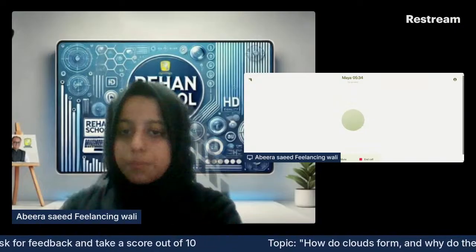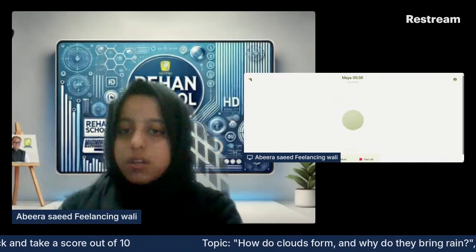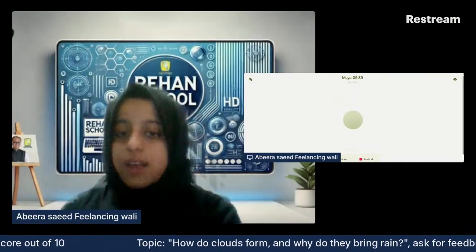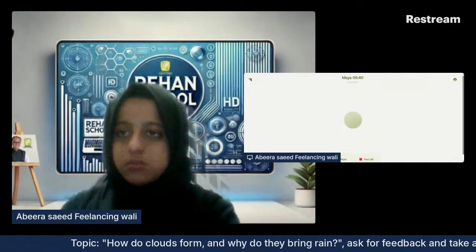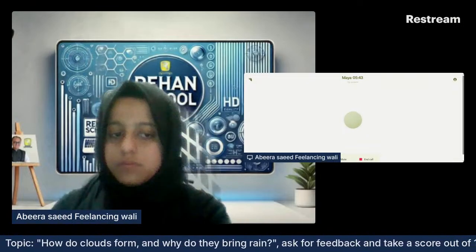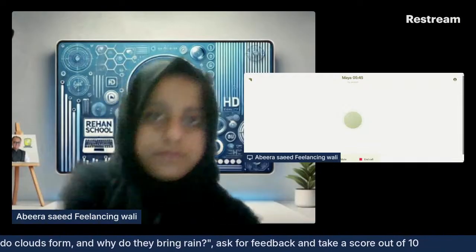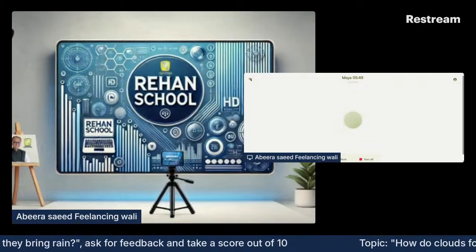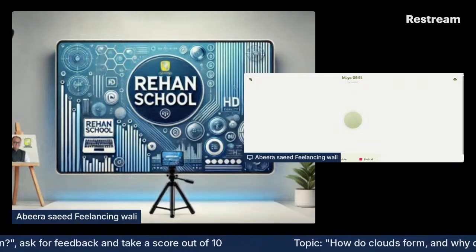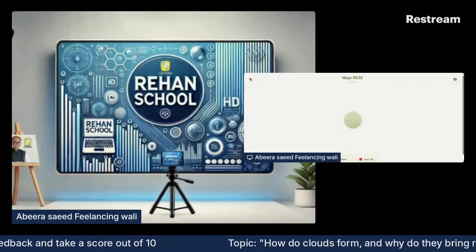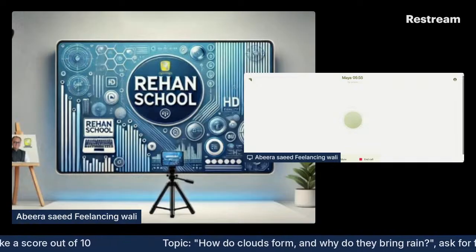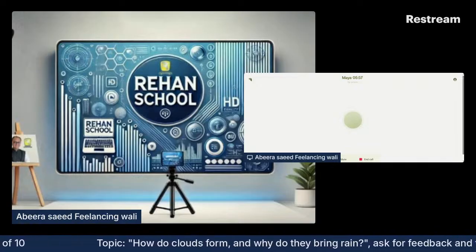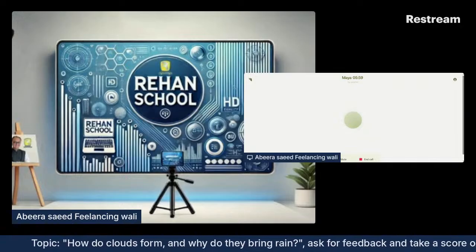My next question for you is: please tell me, why does rising air cool down? It's all right. You don't need to apologize. Just breathe, okay? You want to know why rising air cools down? As air rises, it moves to areas with lower air pressure. Lower pressure means the air expands. And when air